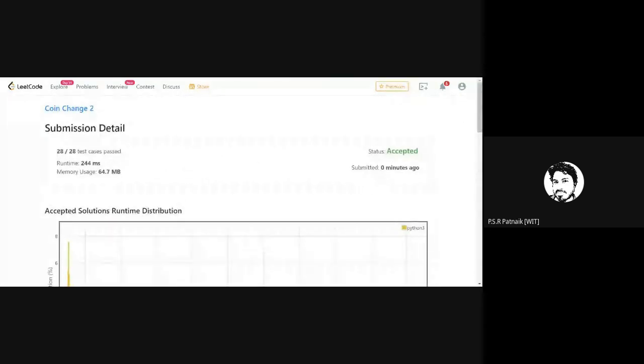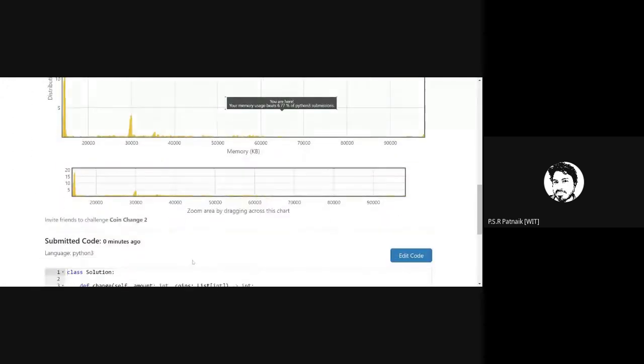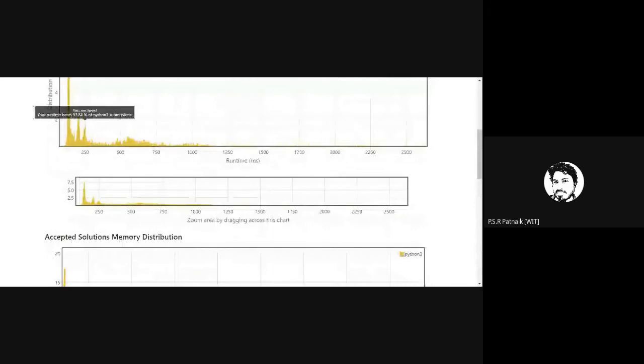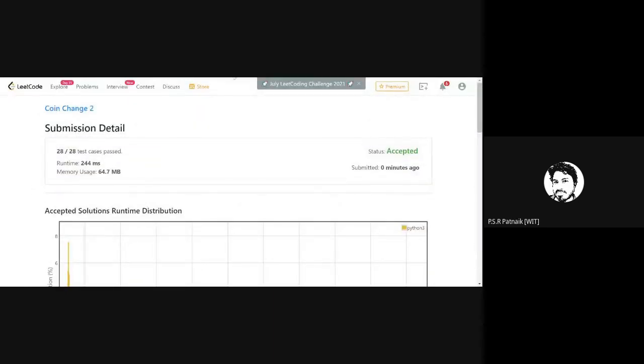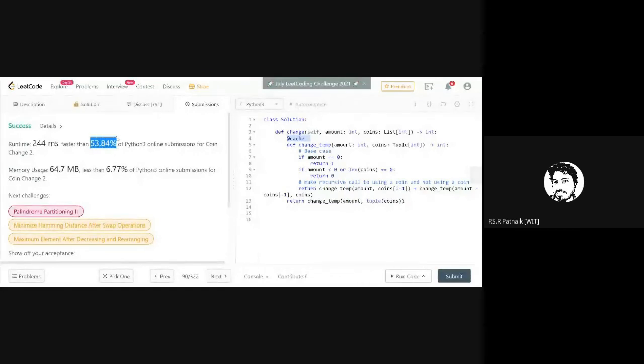All 28 out of 28 test cases have passed. This might not be that impressive, but considering we are using Python 3 and recursion, this is okay. I would say it is an acceptable, average solution. I won't say this is a perfect solution.